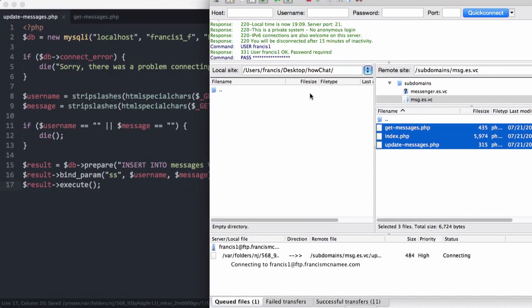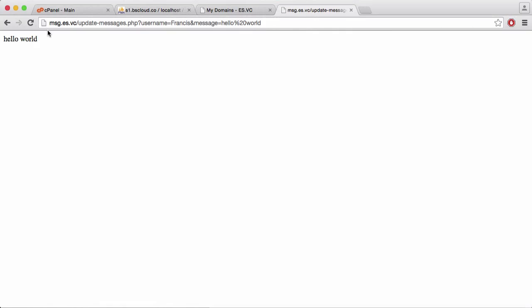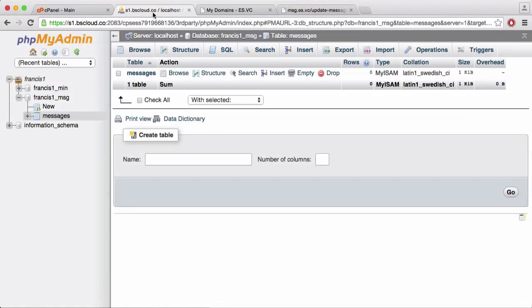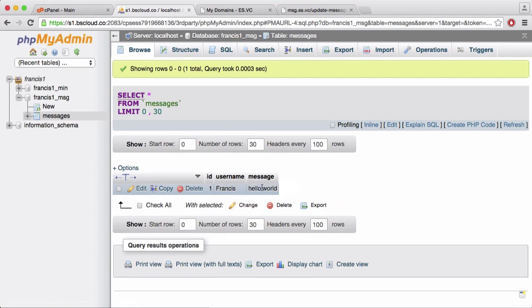So now we're going to upload those files. We're going to refresh, and you can see we get no output, but if I go to the database and click browse, you can see we have one message that says the username is Francis and the message is hello